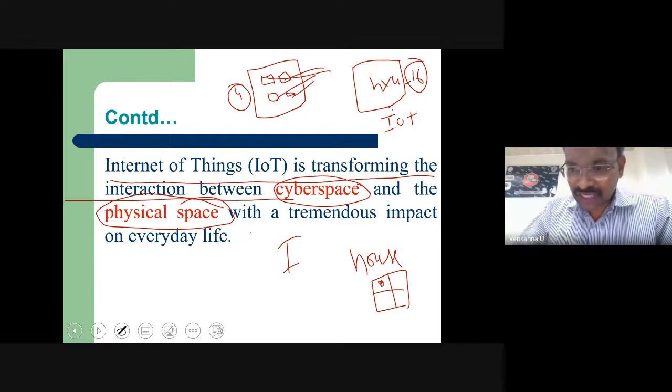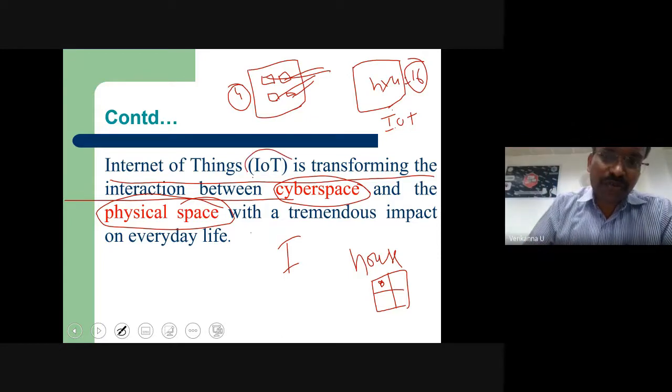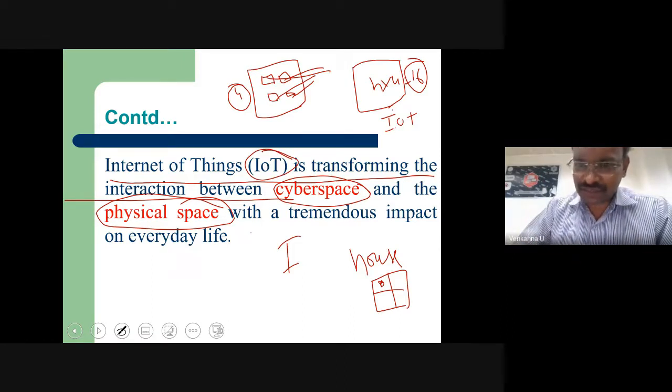Maybe if IoT becomes reality, a patient can sit at home, just plug certain small components into his body so that it can be monitored perfectly, with instant delivery of the vital parameters. Teleconference, video conference based healthcare delivery is going to come up in the future. To fulfill that vision, IoT is going to play a vital role. That's why it is converting physical space to cyberspace.